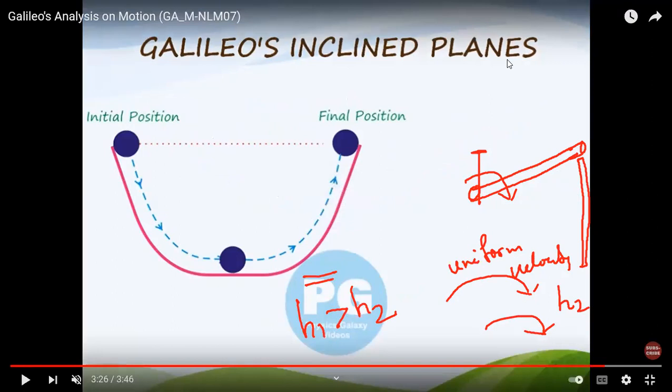This is the two inclined surfaces. What are these two inclined surfaces, everybody? This is one inclined surface and this is the other inclined surface. If you release the ball, what will it do? It will keep on moving, coming to the initial position, again the maximum position. When it is coming down, does the speed decrease or increase? The speed will increase. When it is moving up, the speed will decrease. Again, when it is coming down, the speed will increase. When it is moving up again, the speed will decrease.